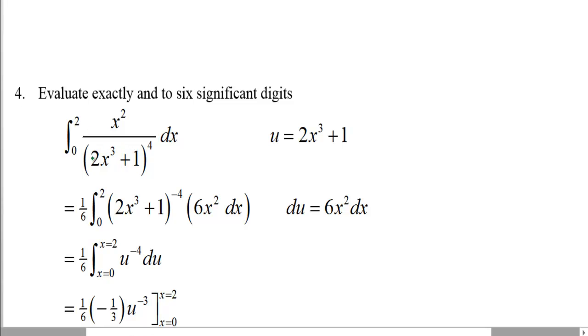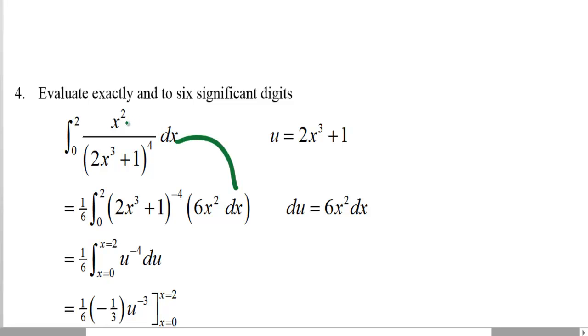So let u be the more complicated variable base that's to a constant power. So the derivative of that, I need to find to get du. So the derivative here, 3 times 2 is 6. Power goes down 1 to 2. Derivative of 1, 0. And then, of course, you always have the dx. So if I put the x squared and the dx here,